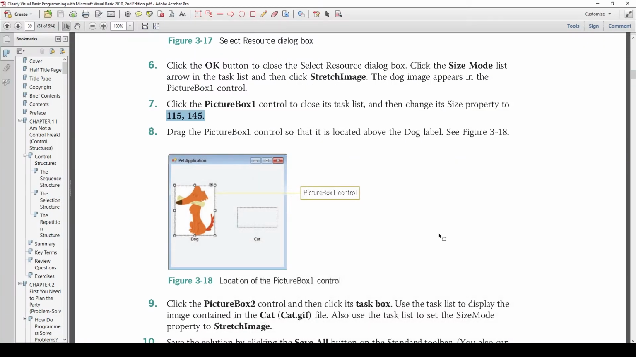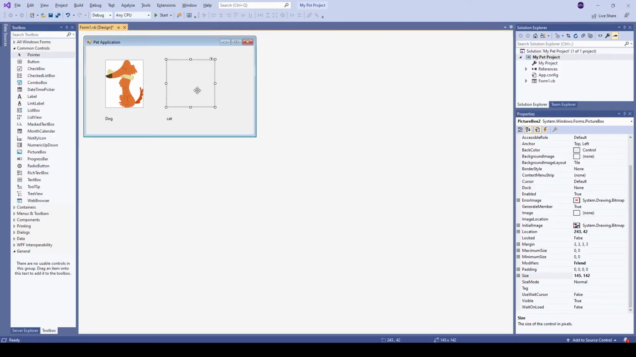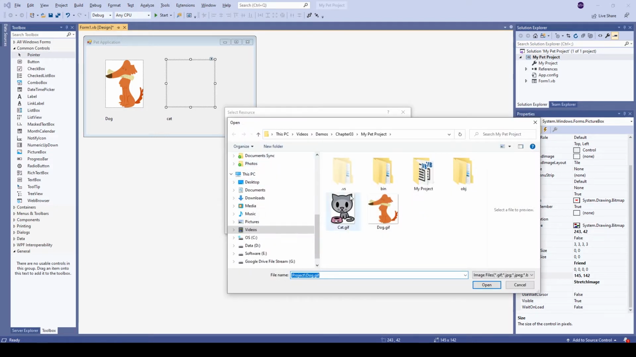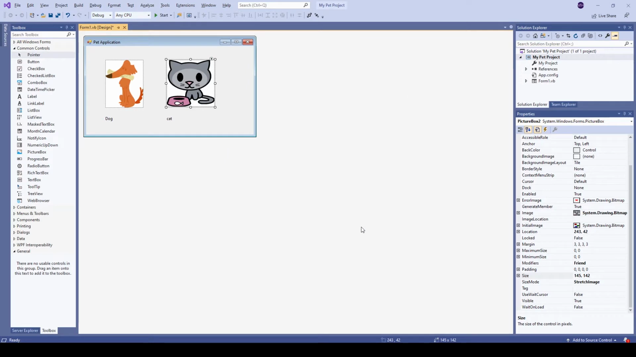And then we would need to do the same thing with the cat one. So I will go here to the cat one. I will do the play thing here. Here we can already change it to stretch image. We can choose image. We'll do a local resource and import. We'll find the place where I stored my cat image. Open and OK. And then I will put that to